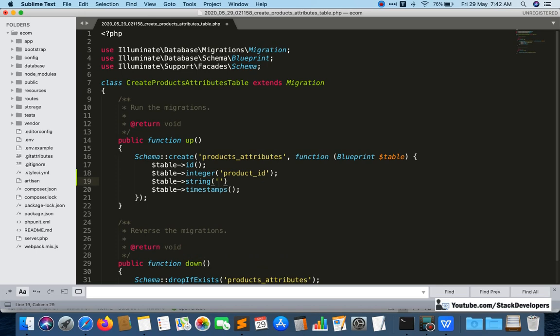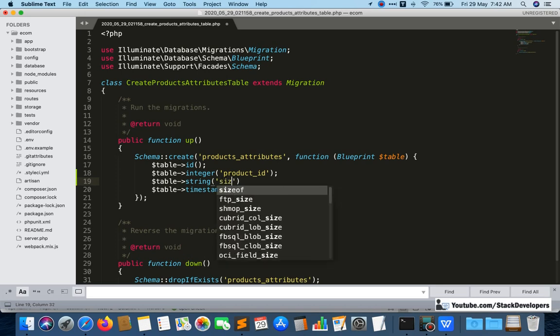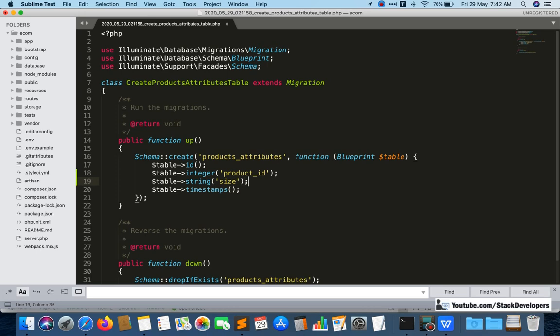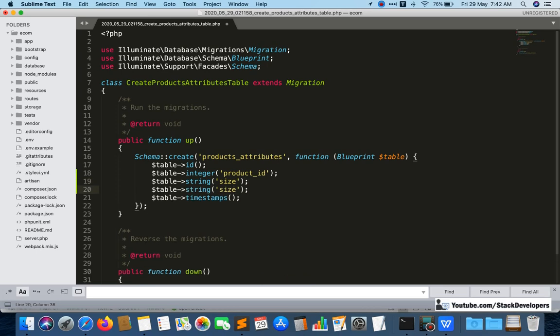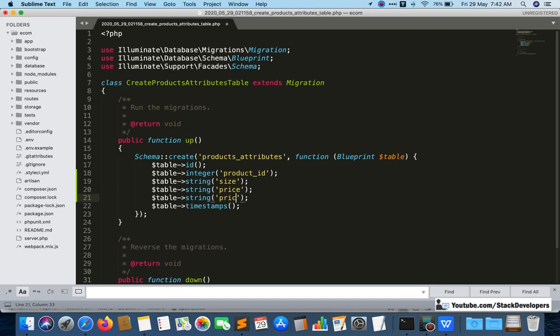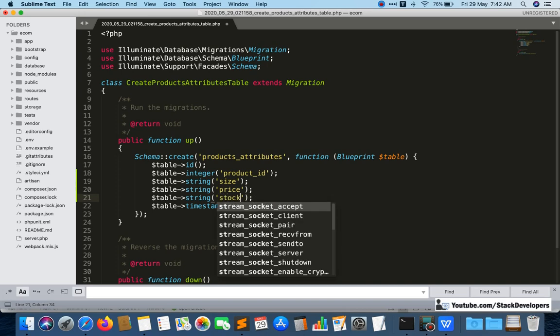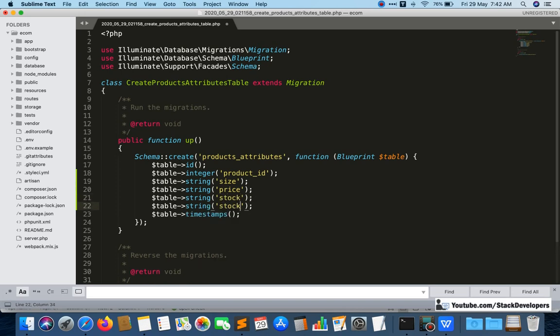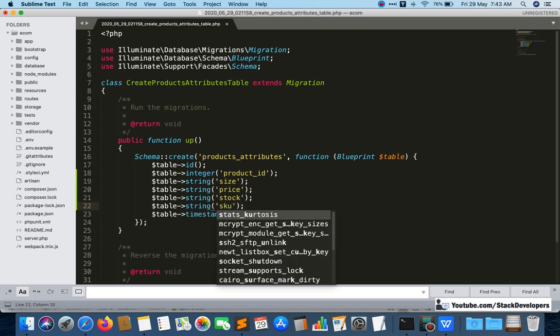We require size, after size we require price, after price we require stock, and after stock we require SKU. Every site has a stock keeping unit, SKU.